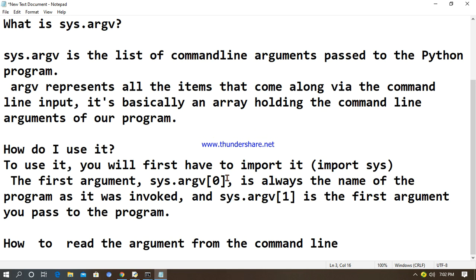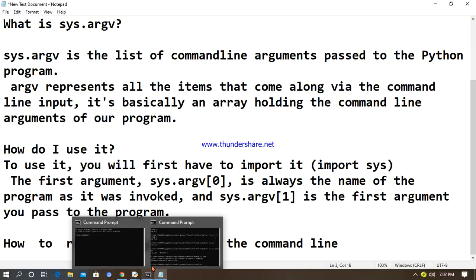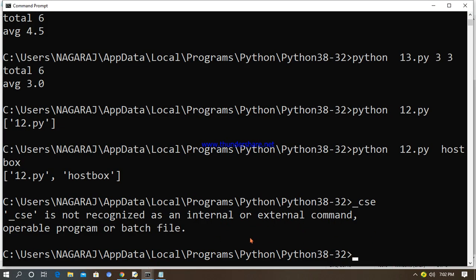Now we are going to see an example of how to read the arguments from the command line, and also how to execute the program through command line arguments. So that there is no confusion: first you have to set the path in the command prompt, cmd, to where your Python is downloaded, your Python folder. For example, I am using Python 3.8, so I am using the path C users Nagaraj and so on. I am going to write a program called